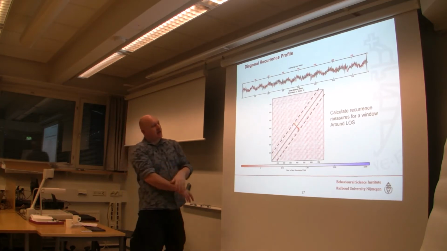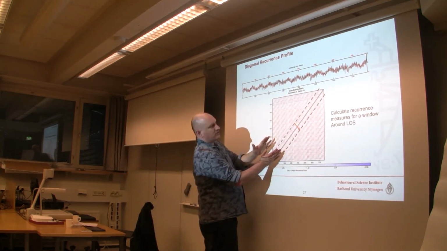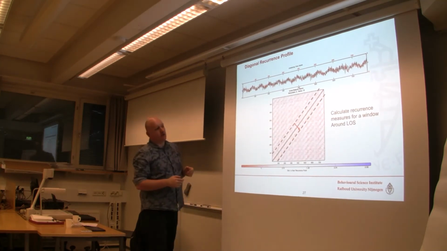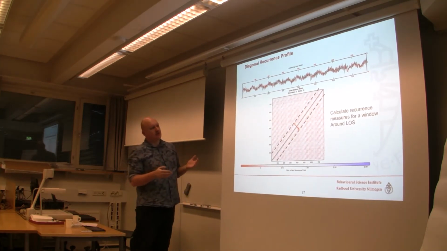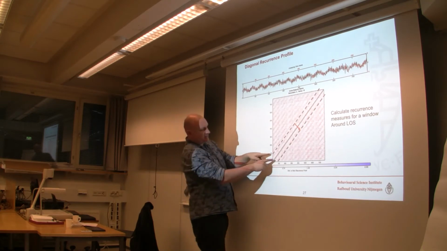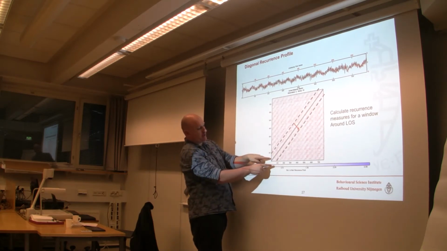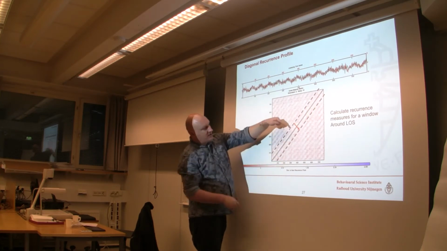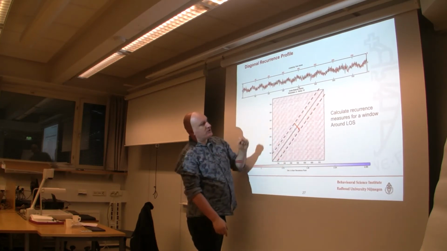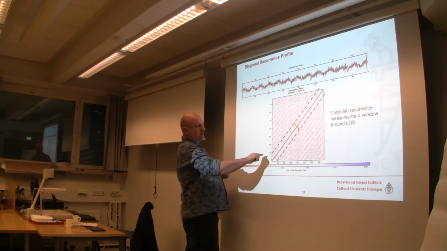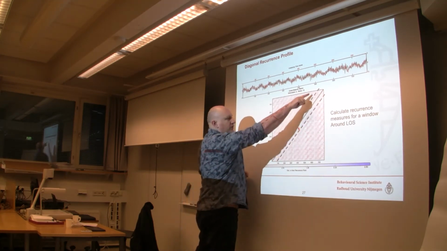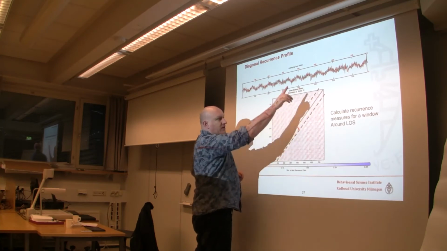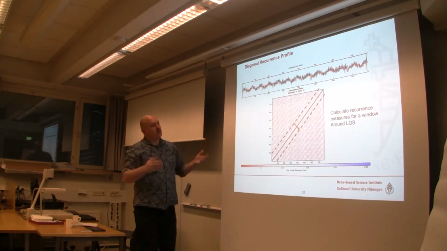We can actually analyze what is going on around this line of synchronization in terms of how many recurrent points we can observe there. So you choose a specific time range, like 100 time points in this direction, 100 time points in this direction, and calculate how many recurrent points there are on this diagonal, how many on that one, how many on that one, and then plot this as a